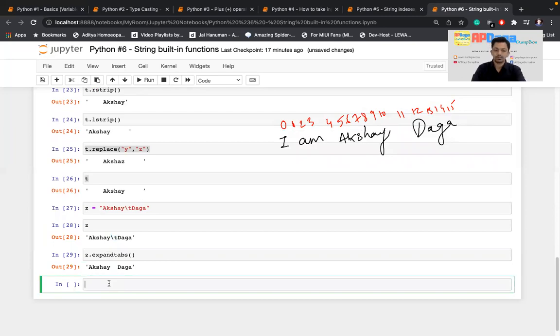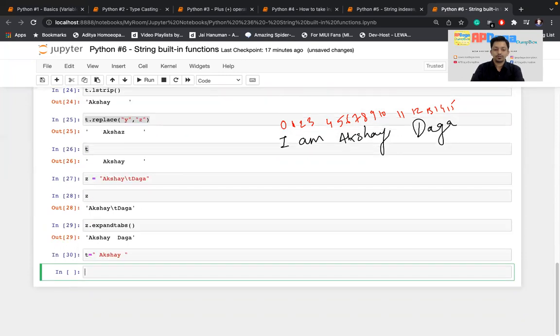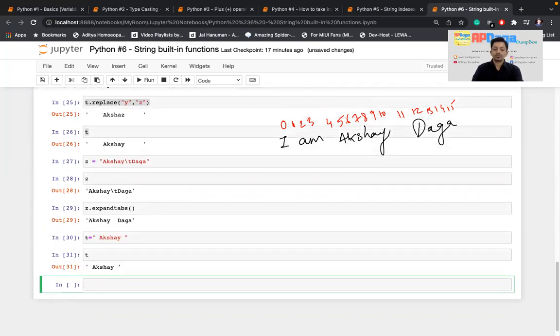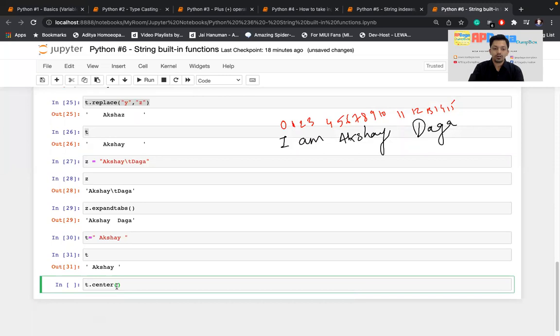Then there is one more function. I'll create a string t equal to Akshay, and I'll keep it with a space. Now there is a function called center. It takes two parameters: what should be the width of the output string, and what character you want to fill the remaining positions with.